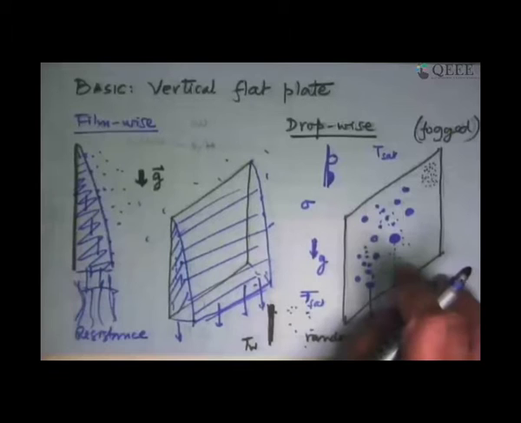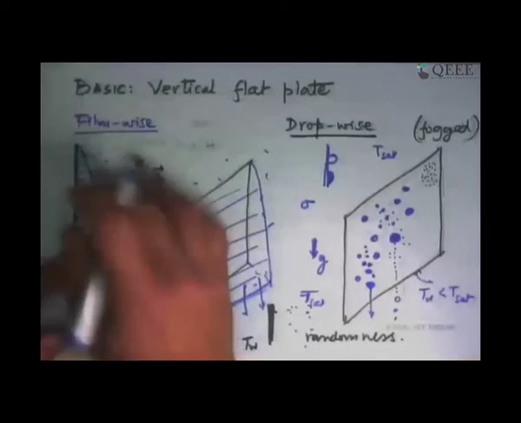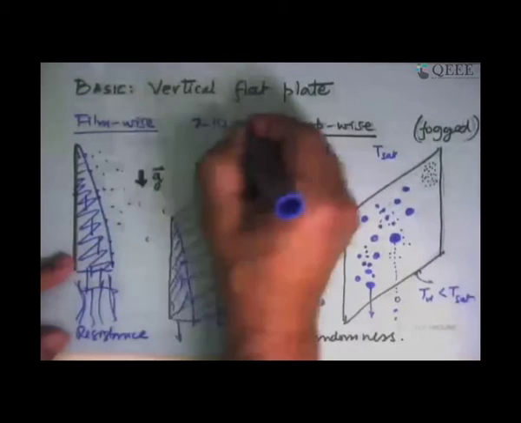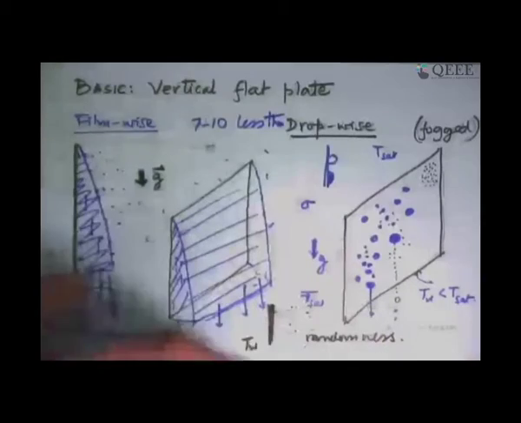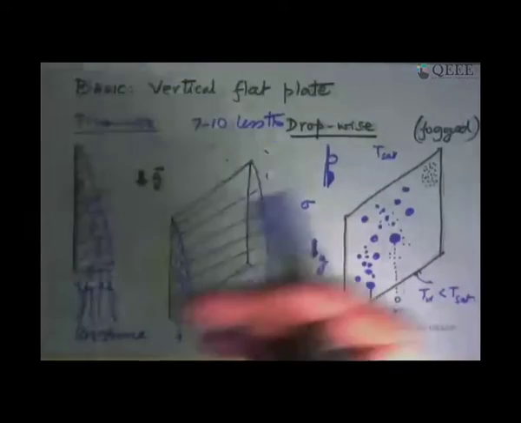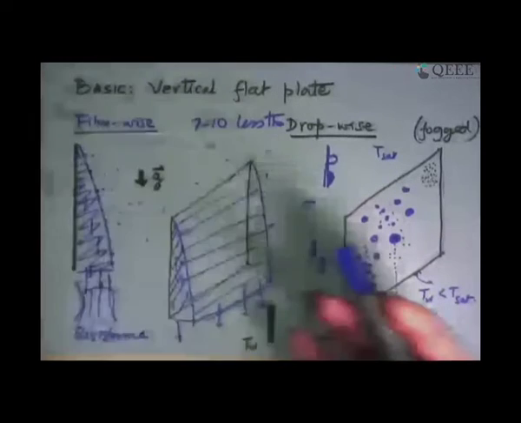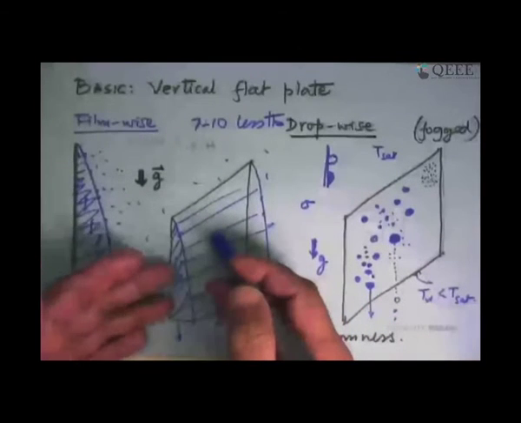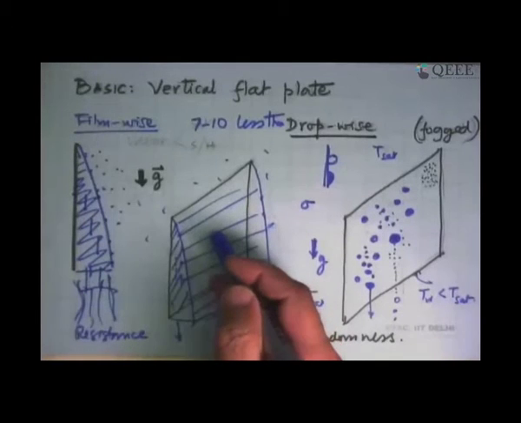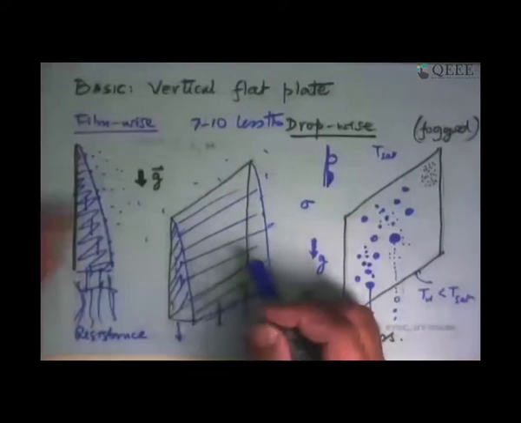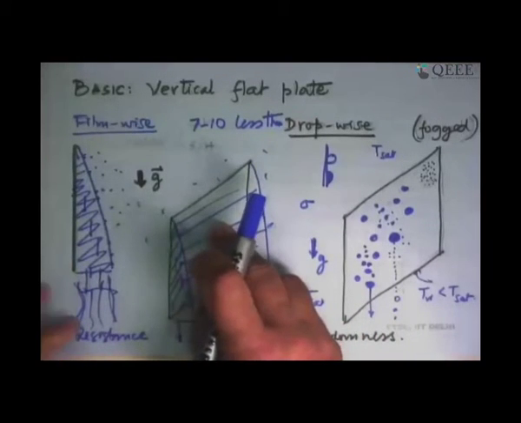and that's practically what we see: filmwise condensation rates are maybe 7 to 10 times less than dropwise condensation. So as an engineer, you actually would not like to have this type of situation, but there might be certain cases where this becomes unavoidable, so you have to learn to live with it. But then the innovative part of condensation is, can I make this surface in such a way that this does not happen? And there are many things that can make that happen.